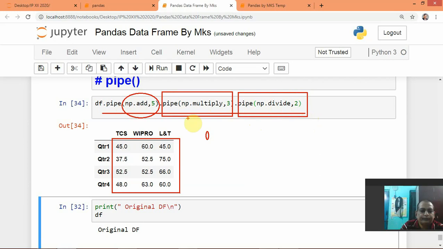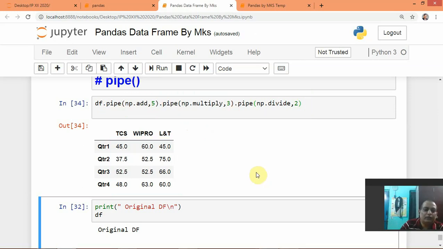So here we can understand the concept of pipe like water flowing from one place to another place, and we have connected 3 pipes. The first pipe gives some water, that water goes to the second pipe, then to the third pipe, like that. So this is the pipe function. And what does the pipe function do?